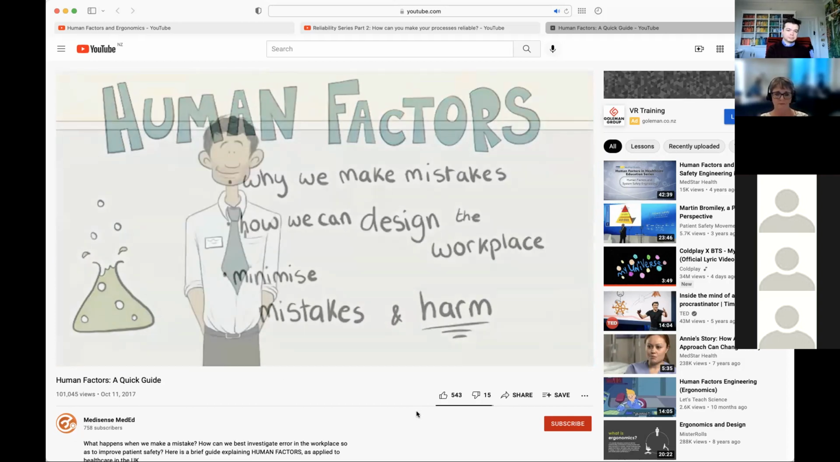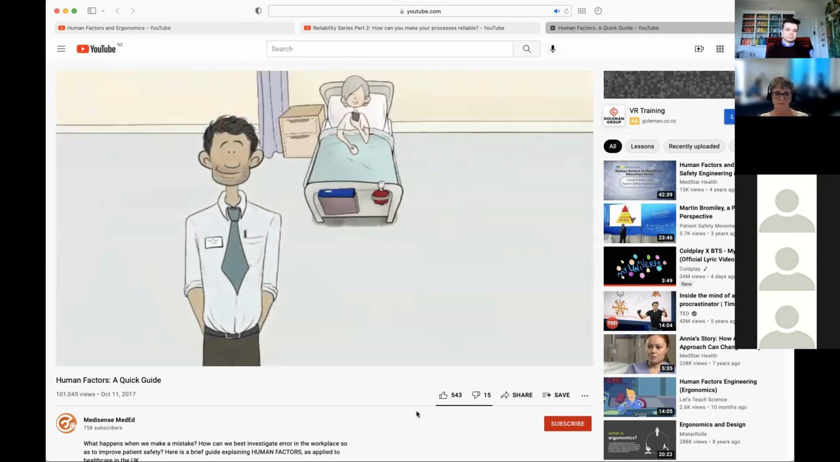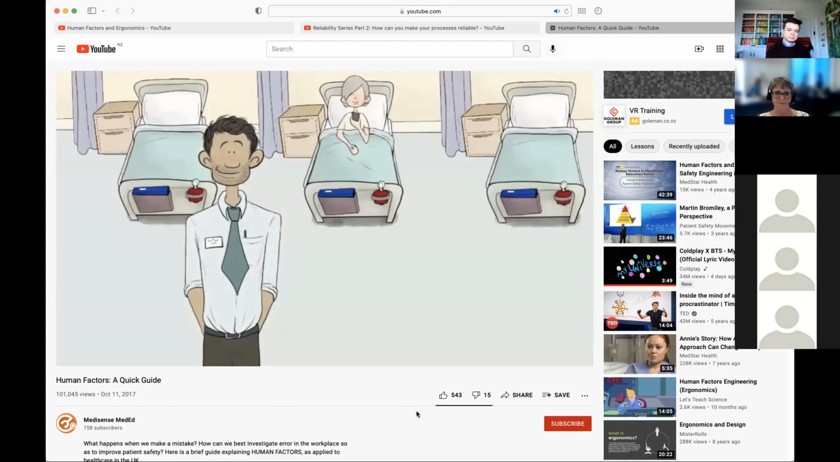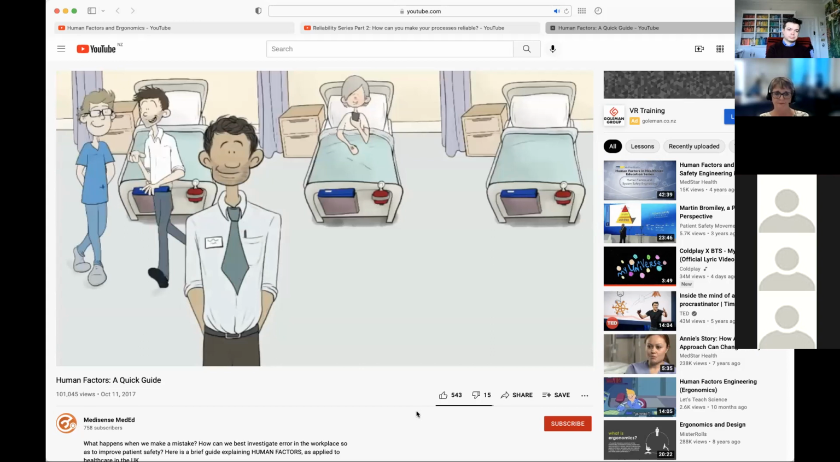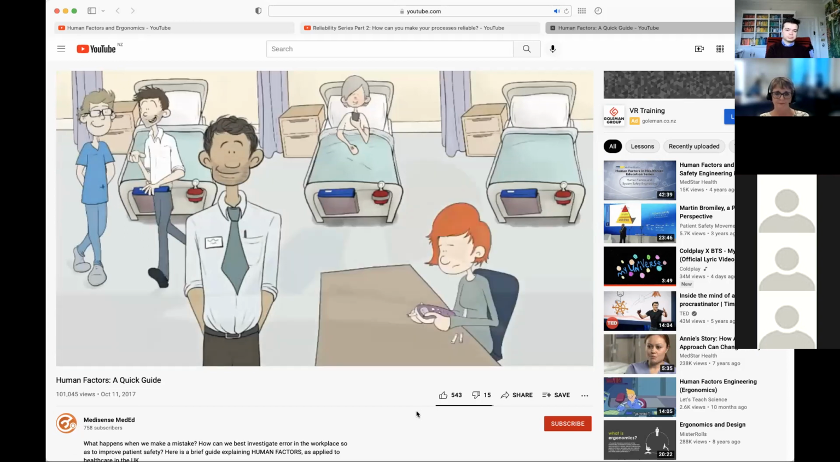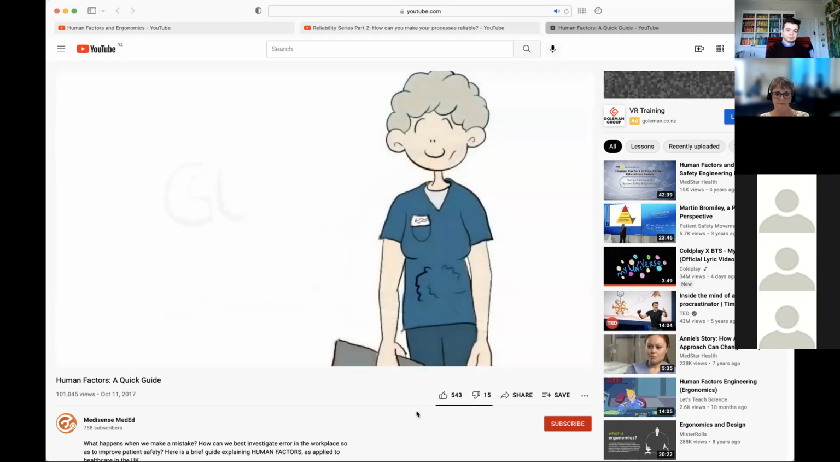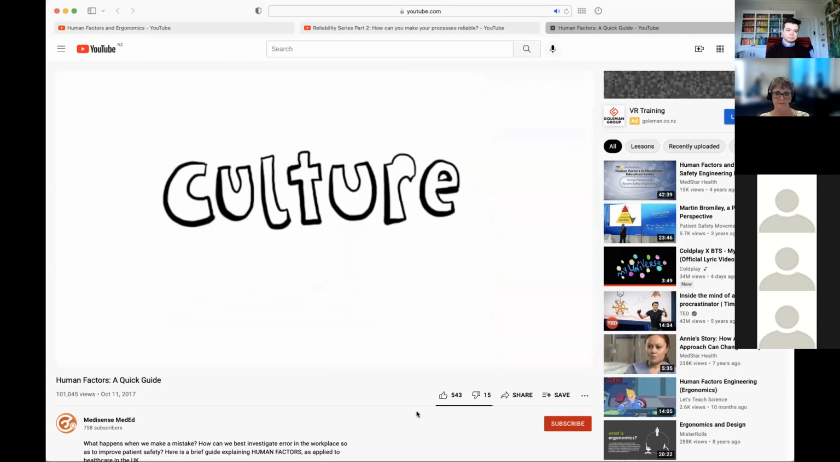Human Factors describes how we interact with everything in the workplace: the physical environment, equipment, and the processes of care that set out how we are supposed to do things at work. Our ability to perform at our best is also affected if we feel tired and hungry. The culture of the organisation is also important, as this affects how everybody behaves and what happens when a mistake